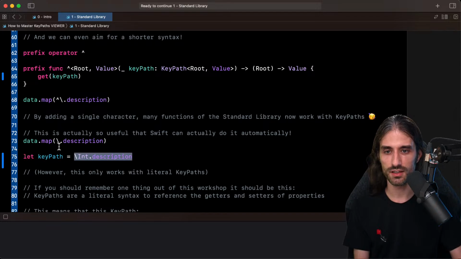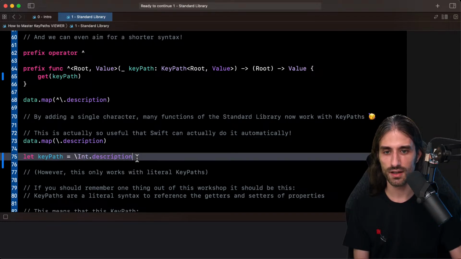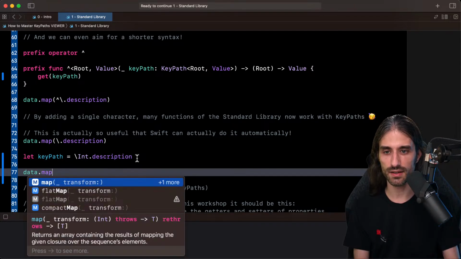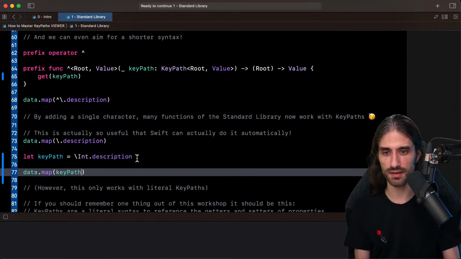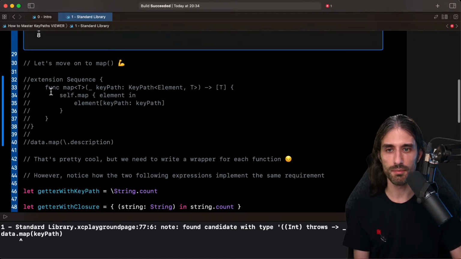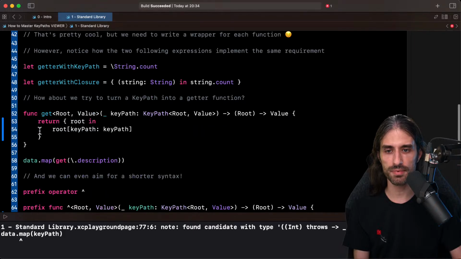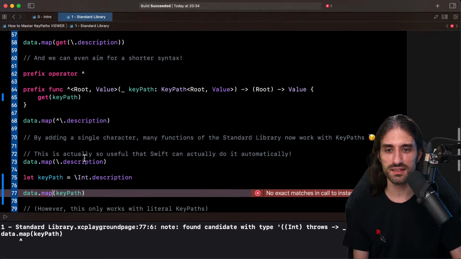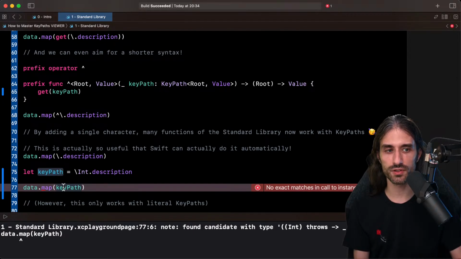This thing is the same as this thing. So if I try to do data.map and then the key path, is it going to work? It's not going to work because I commented out my overload of map that works with key path. Since it's not a literal key path, Swift can't turn it into a getter function.